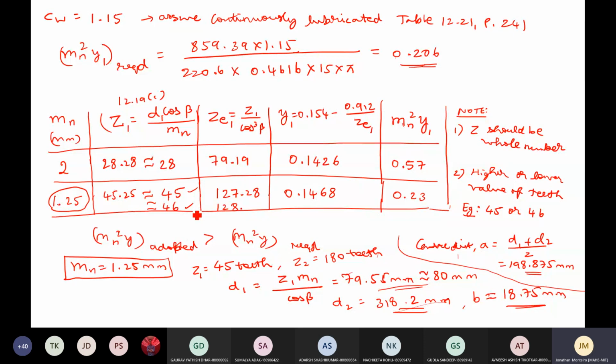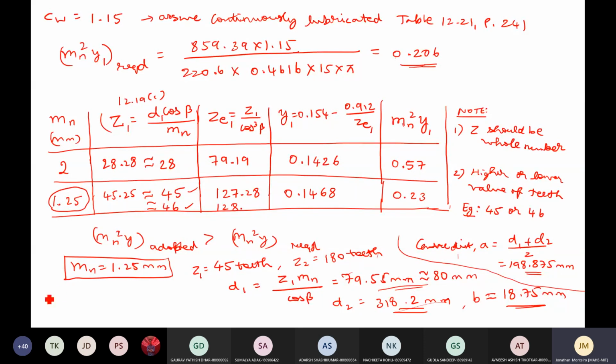In many cases, the higher number may satisfy the condition and the lower number may not. So you are free to do that. Once you get a value, after iterating you will understand which is coming closer, and then you are free to choose that. Then you can give the new measurement. It is nearly 80; once you calculated, it came out to be 79.55.